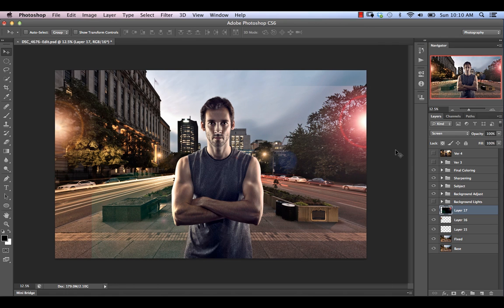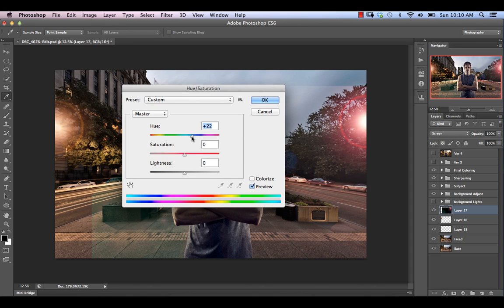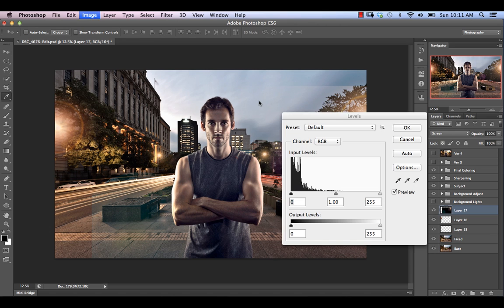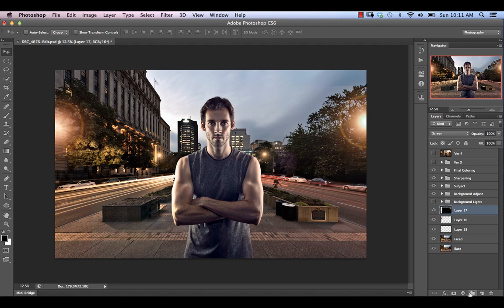Once again, Command U or Control U to change the hue saturation. So we're going to go towards the plus side to a sort of yellowy color. Saturation maybe slightly desaturated. OK. Command L to adjust the actual brightness of the whole thing. So we're going to take that brightness down. OK. Option click to add a layer mask, bringing back our brush,